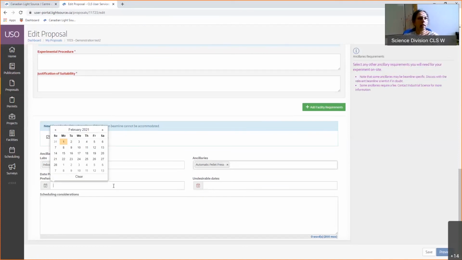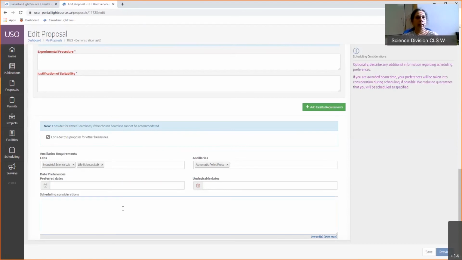And then, if you are applying for beam time and you know your preferred treatment time, meaning if you're growing plants or you're working with animal imaging, they have some preferred times. You can put them here so the beamline responsible knows when to allocate.